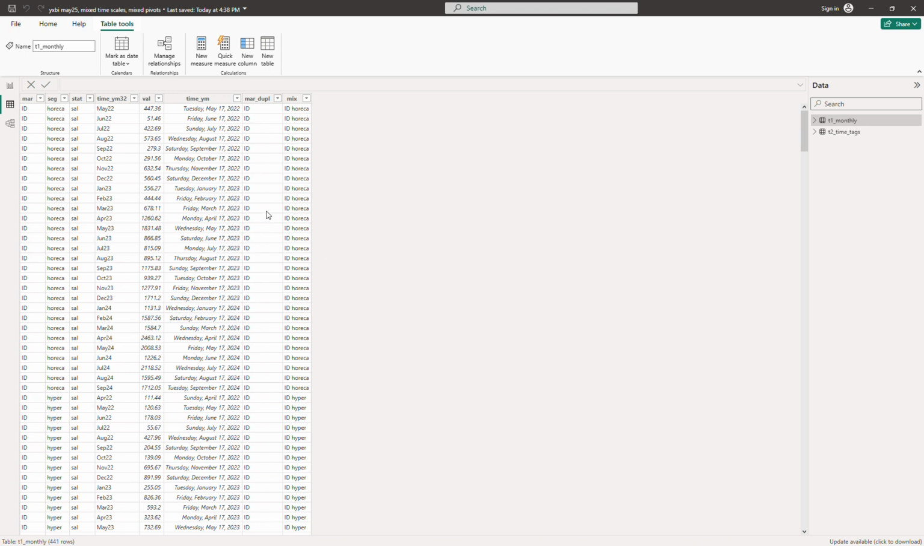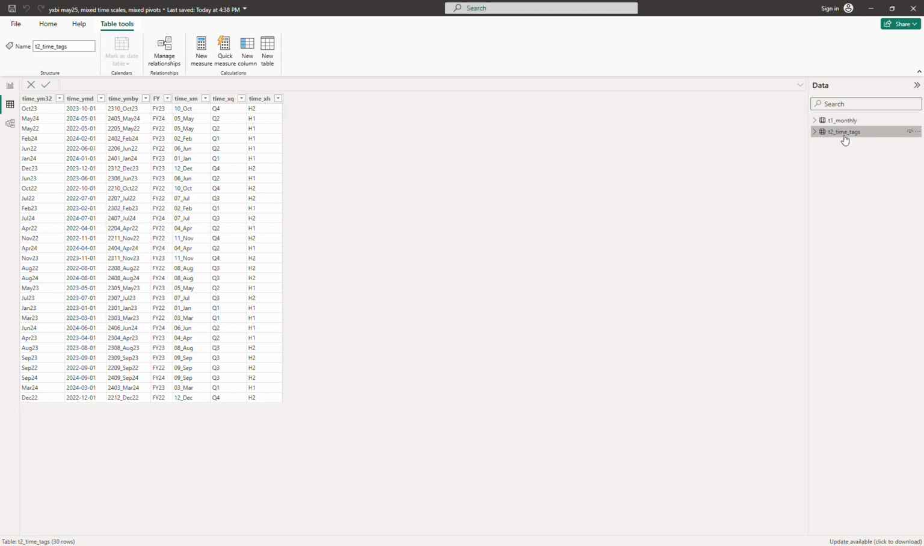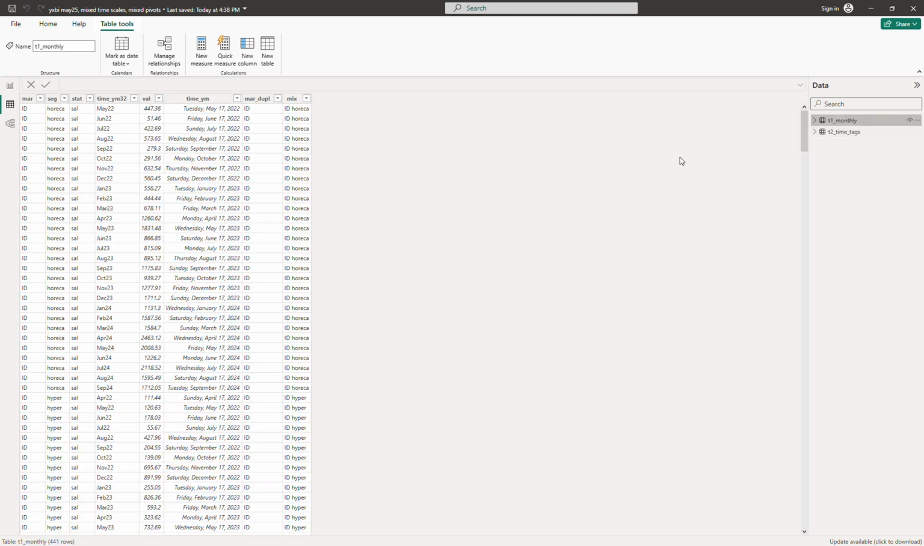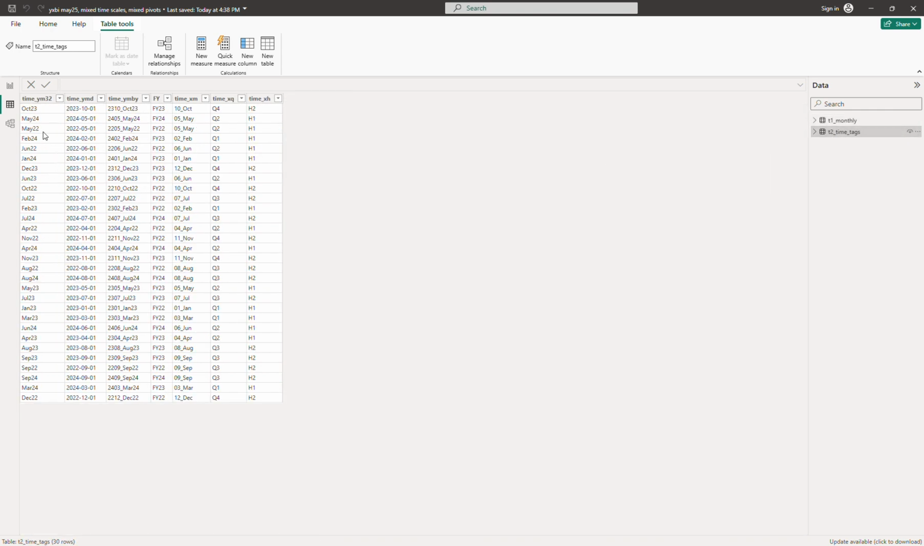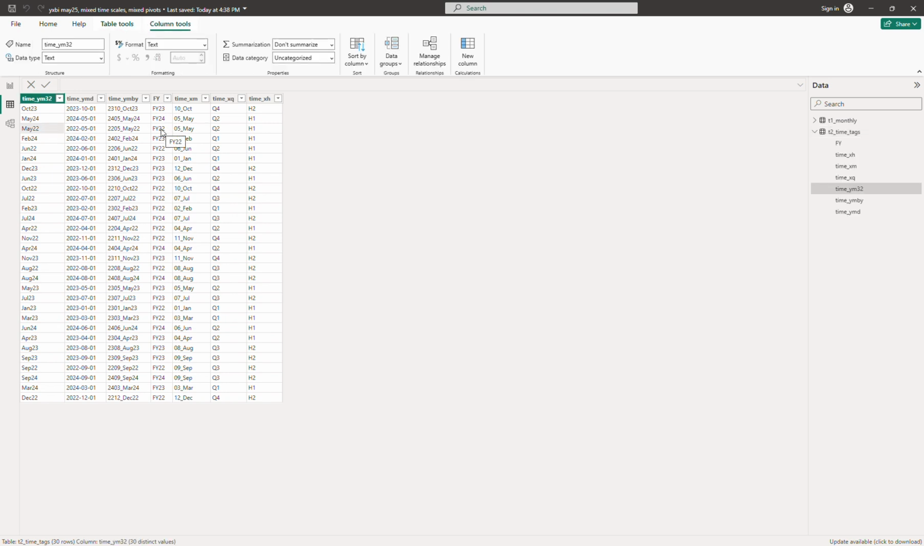So in order to enrich or augment this table, we need more information. We need more tagging columns here. We need more time columns here. So in here, the second table, you have the time. If I show you the table in here, you can see May 22, and then if you look into this table, you see May 22, which is this column, and then it's in FY 22,